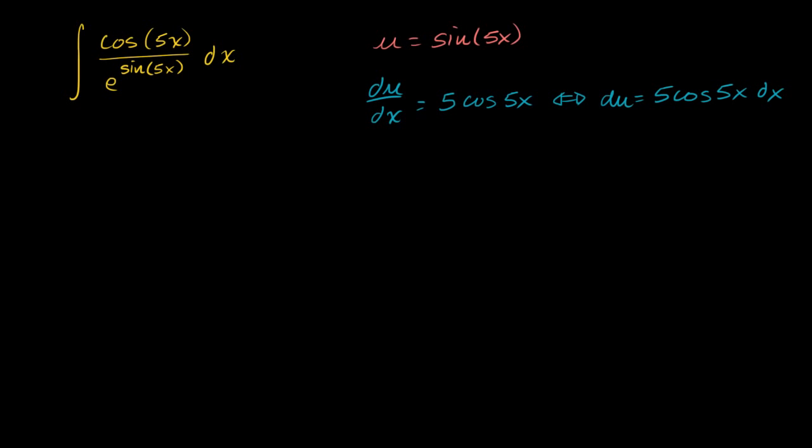We can multiply by 5 and divide by 5. 1/5 times 5 is just going to be 1, so we haven't changed the value of the expression. But when we do it this way, we see pretty clearly we have our u, and we have our du. Our du is 5 cosine of 5x dx. So we can rewrite this entire expression as